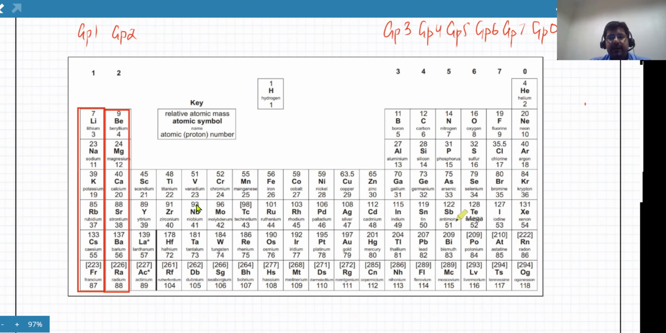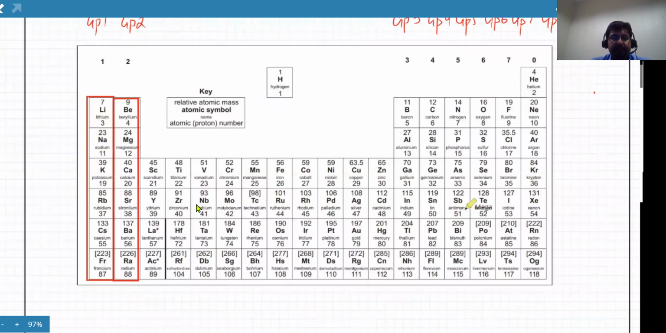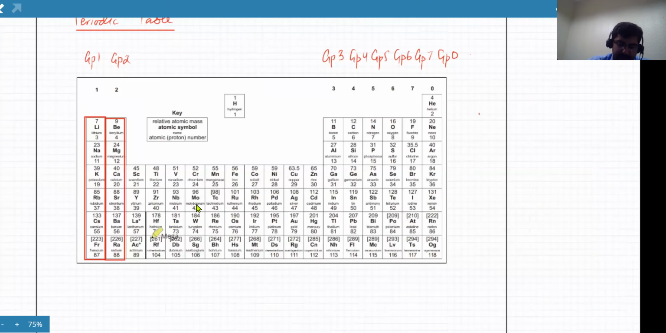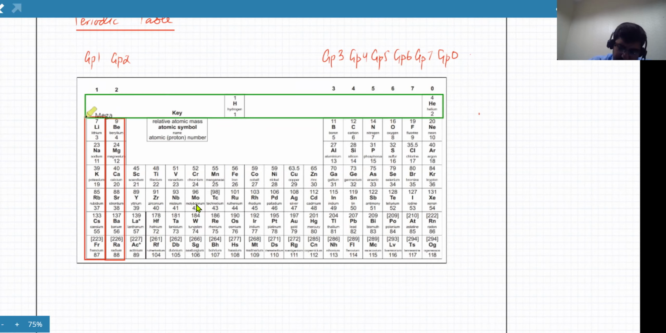And then you've got periods as well. Periods are the horizontal rows. Like the first one, this is your first period. It only has two elements. So that's period number one. You get the one marked in green. This is going to be period number two. Similarly, this would be period number